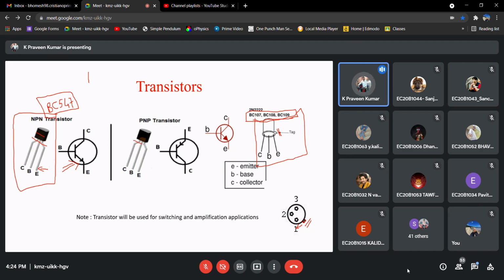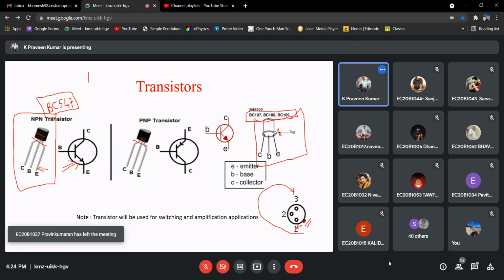Referring to data sheets each and every time is not acceptable, but at least you have to know, since these numbers are very few, so you can easily remember, right? From this notch, if you go in the clockwise direction, that is the ordering 1, 2, 3: emitter, base, collector, right?